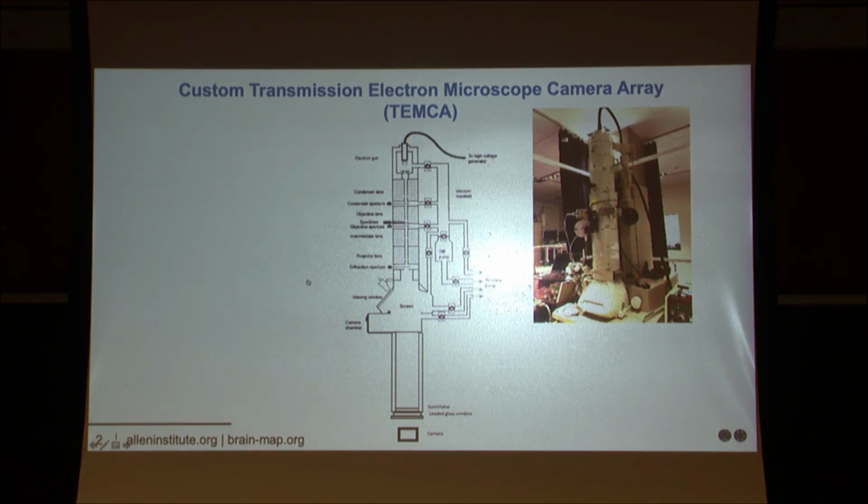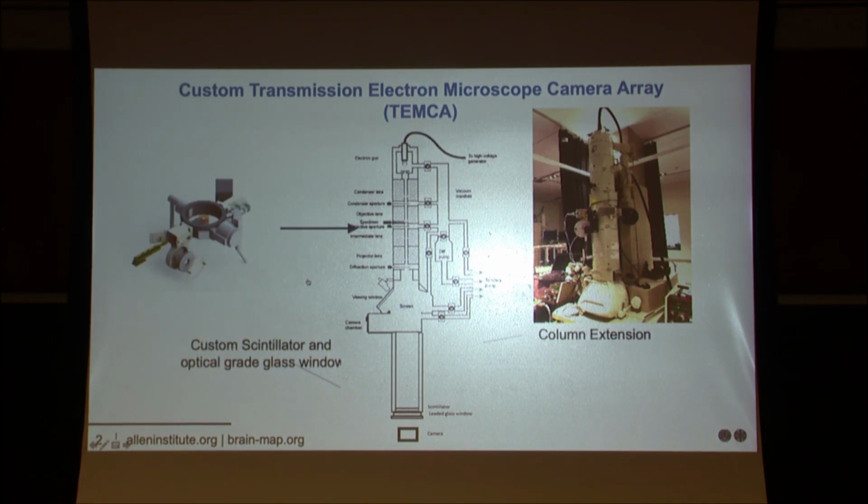This is an electron microscope. I'm not going to go through the details other than to say the sample goes up here. There are reels, each reel has 5,000 sections, and over the course of 6 months we collected 150 million pictures that were stitched together in 3 dimensions to create this data set. Let's skip the details.